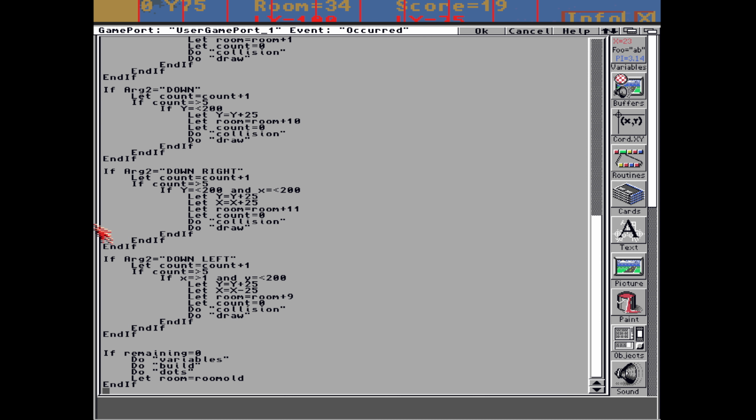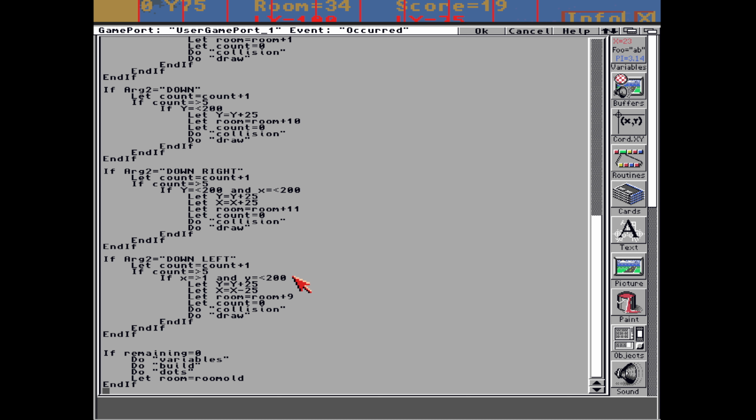So whichever way we pull the controller, in this routine it says if we're pulling it down to the left, it adds 1 to the count, and if count's over 5, and it counts 5 jiffies before it moves one position. If we are moving, then it's saying if X is over 1 and Y is less than 50,